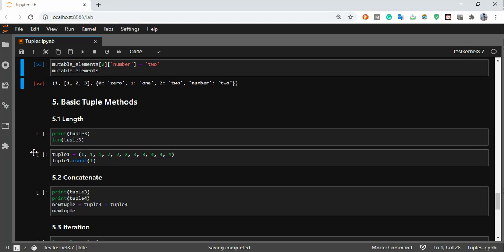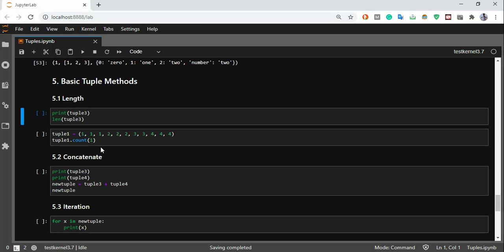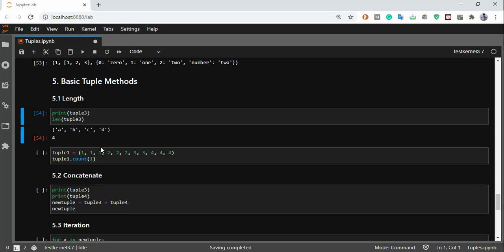The basic tuple methods, apart from all that we learned above: first of all is length. If I want to check the length of a particular tuple, I'll write len, parentheses, name of the tuple, and it will provide the number of elements in that tuple. Second, let's say I have a tuple1 which consists of values like this.